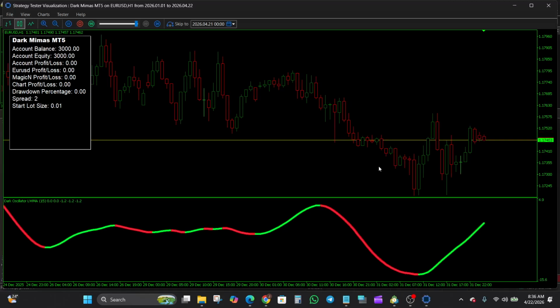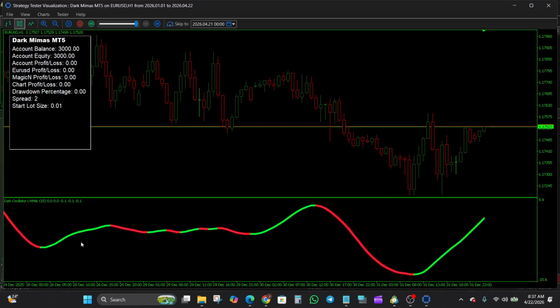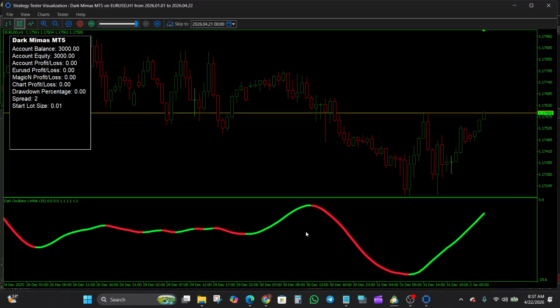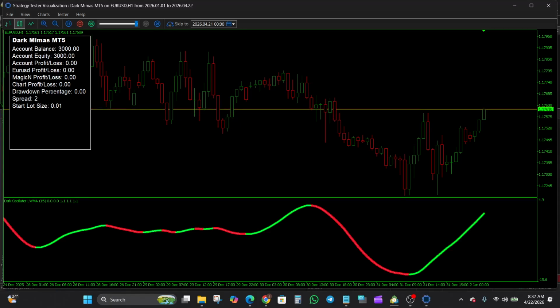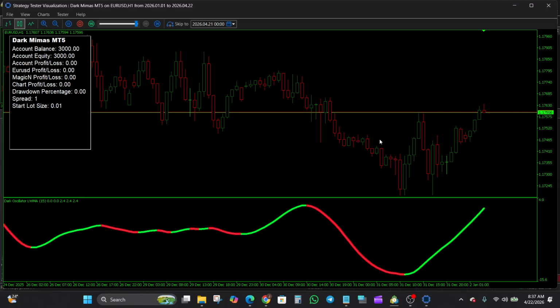So here we have the Dark Mimas EA for MT5, and we can see the Dark Oscillator being mentioned when we were going through the description. You can see the Dark Oscillator here. So the Dark Oscillator is sort of the main indicator, right, that this EA is using to execute the trades. All right, and don't forget that it uses a counter trend strategy, okay, which can be changed, right? So now we are waiting for the first trade to be executed, and